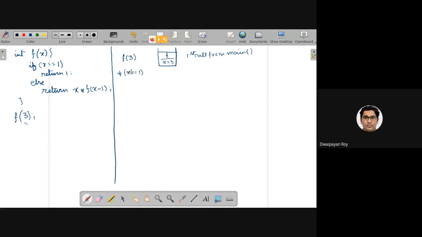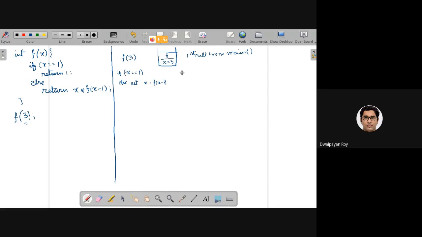I am passing the value of x as 3, so this condition will not be satisfied. So the else part will actually be executed. The else part is return x into f of x minus 1.